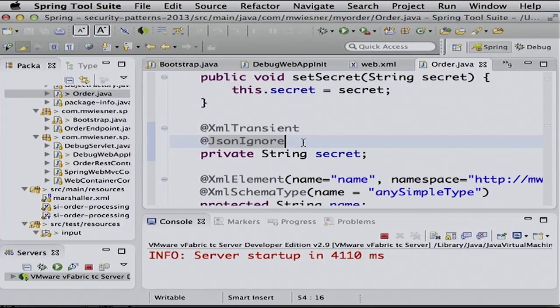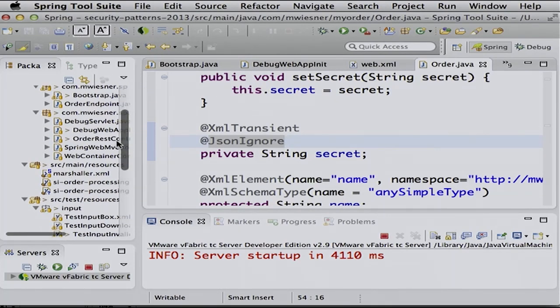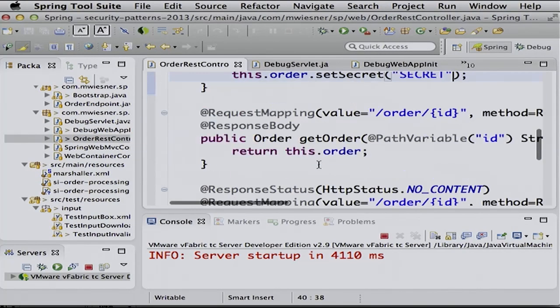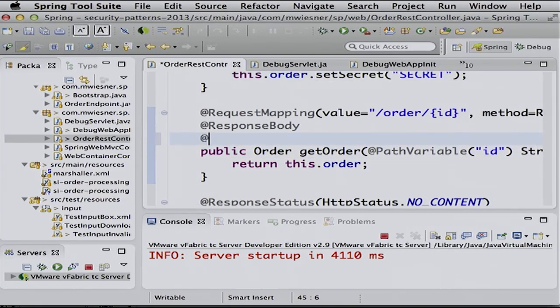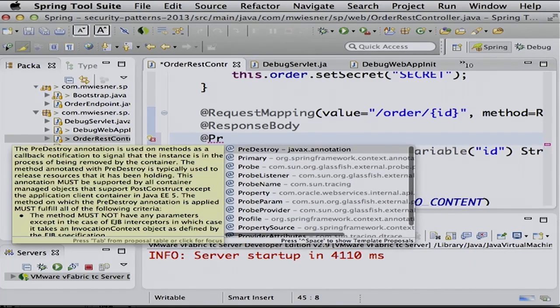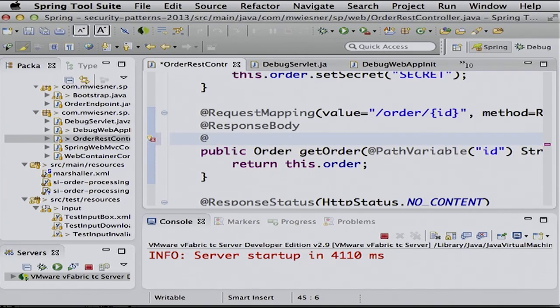So one way to solve it is to add all these ignore annotations. And as you can see, every framework, every protocol has its own ignore annotation. Sometimes they're called ignore, sometimes transient, sometimes they use the Java transient keyword. And you have to know which protocol is supported in Spring, right? A better way to solve that is probably to do it in the controller. And that is possible, I think, since Spring 3.1, because we have